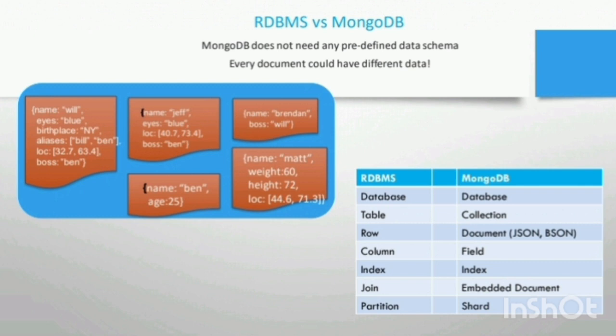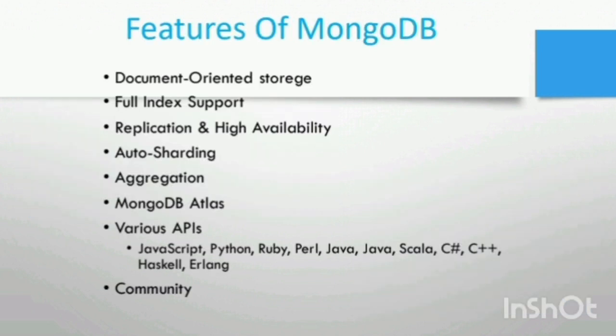In MongoDB, sharding is done at the collection level. A sharded cluster consists of shards, config servers, and query routers. Shards are individual MongoDB instances that store a subset of the sharded data. Config servers keep track of metadata about the cluster configuration, and mongos routers direct the client requests to the appropriate